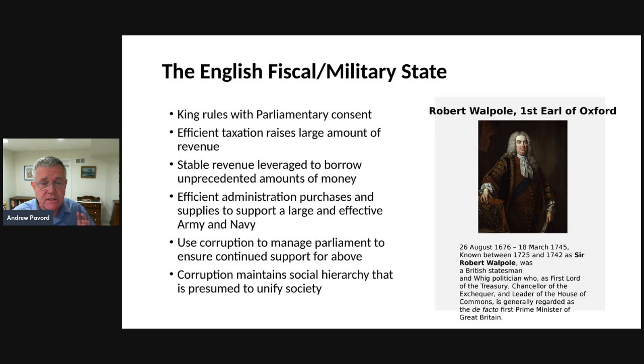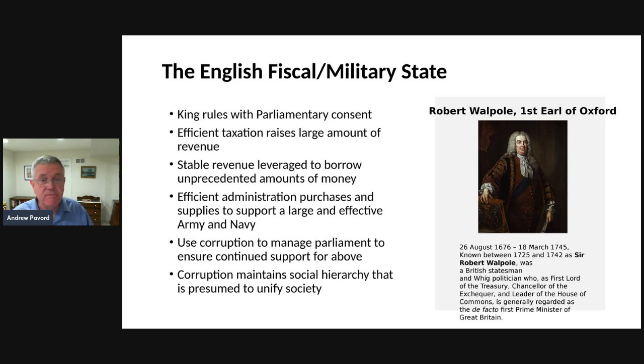This is key to England winning the wars against the French, because France is a bigger country. France has more population. It grows more food. It has more stuff. It has more soldiers. But it is not as efficient as the British fiscal military state. So the English learn to be very efficient managers, which allows them to supply armies and navies that can go all across the world. I mean, it's really extraordinary when you think about the English ability in the 18th century. This is before the internet, before email, before steamships, to move huge forces across the globe.